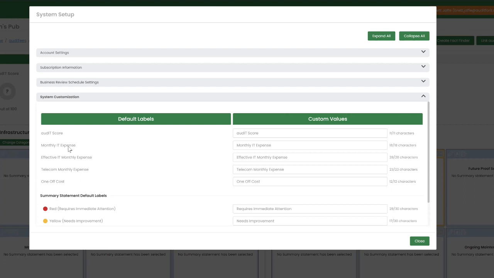Effective monthly IT expense is calculated for you by taking what that monthly IT expense is and dividing it by the audit score as a percentage, right? To really drive home some sales psychology with price anchoring, as well as showing them if they're being efficient or effective with their IT expenses, right? And then an optional field of the telecom monthly expense, which is enabled if you have the telecommunications category enabled